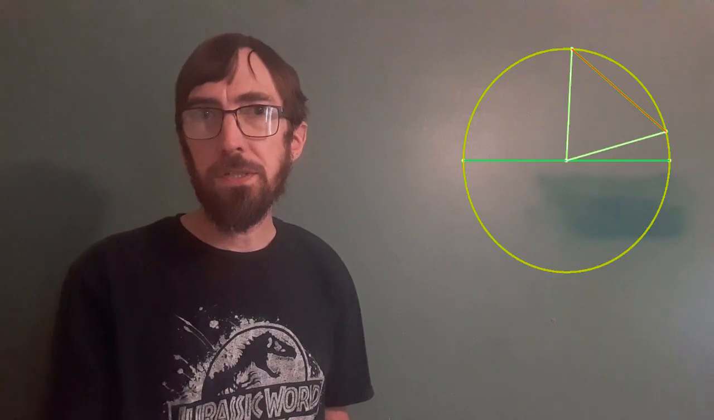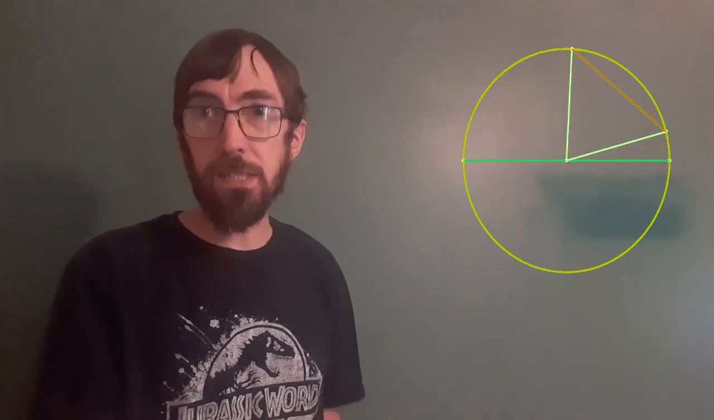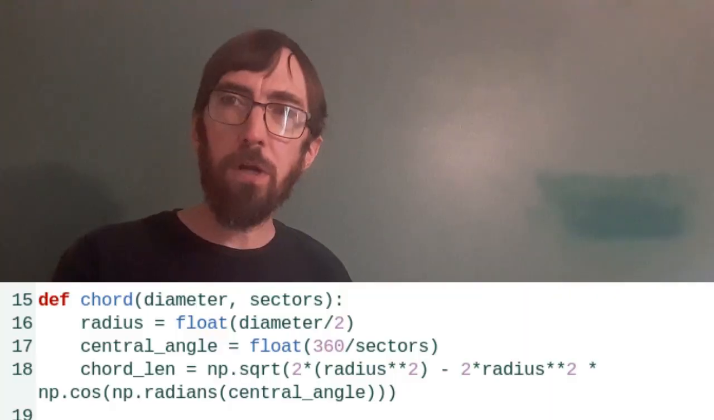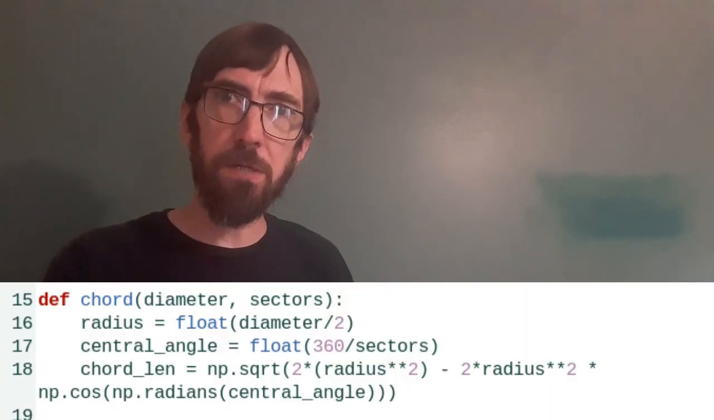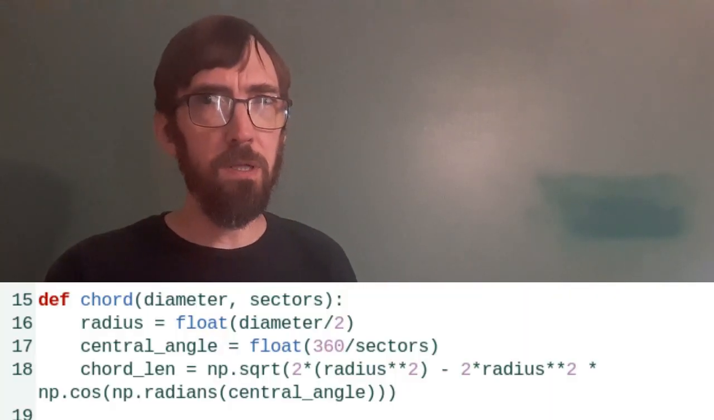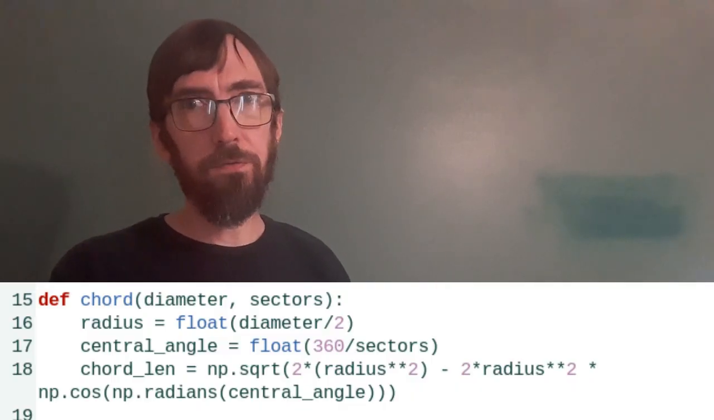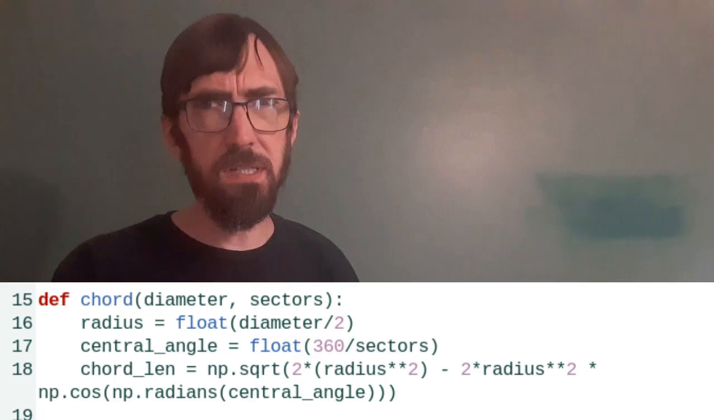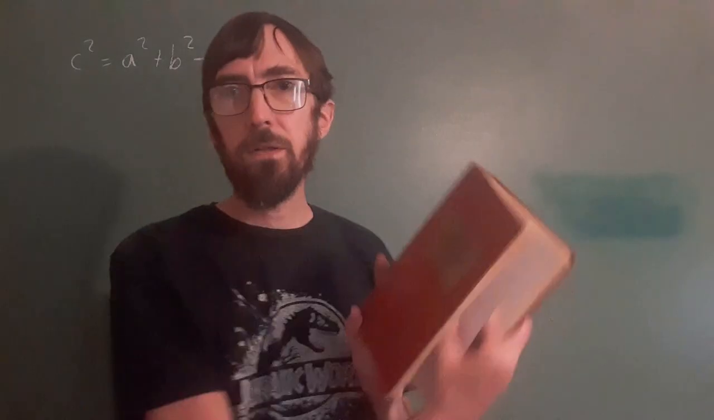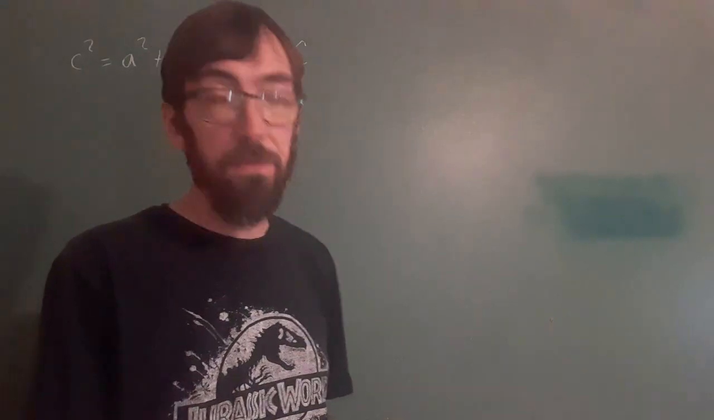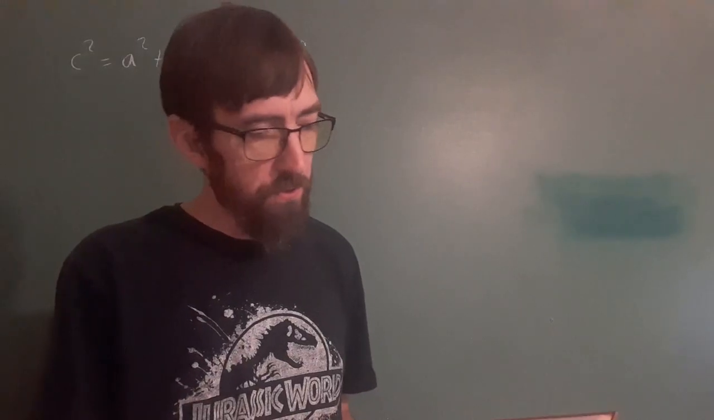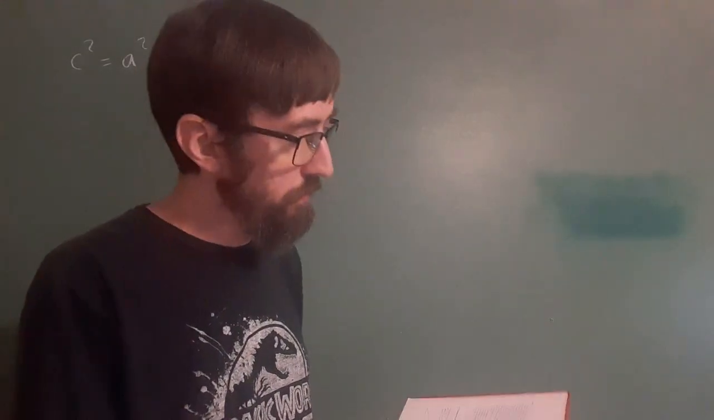And because this is essentially an isosceles triangle, it actually makes the calculations easier, which is why, when I wrote the code to generate my tables, I did simplify that formula, so it looks a little different in the code, but it is the same thing. Going back to my standard mathematical tables book, looking in the trigonometry section,